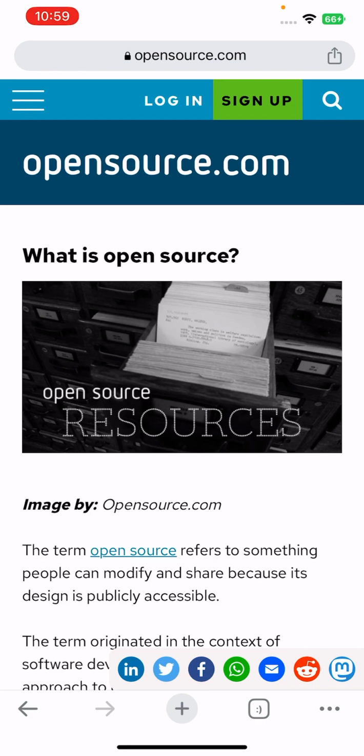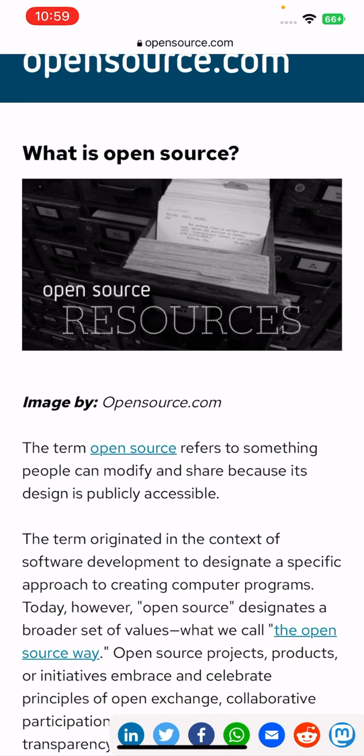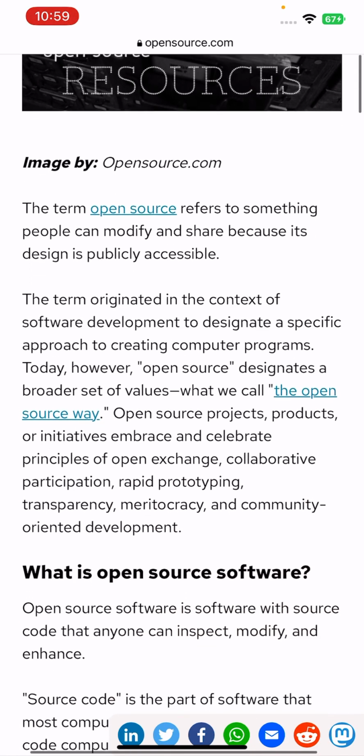Today in this video we are going to discuss what is open source. The term open source refers to something people can modify and share because its design is publicly accessible.